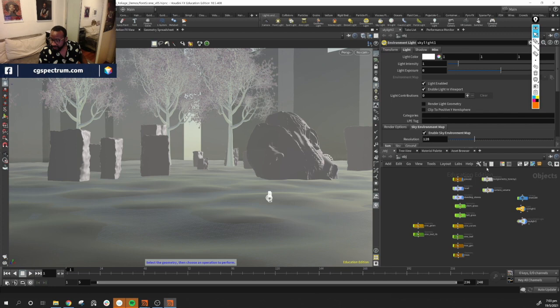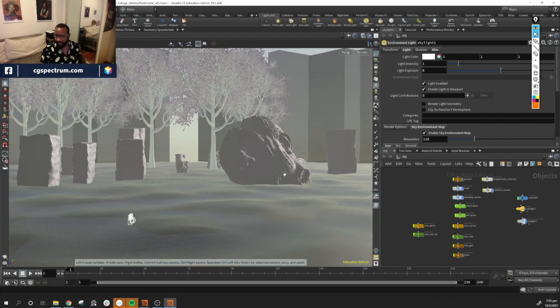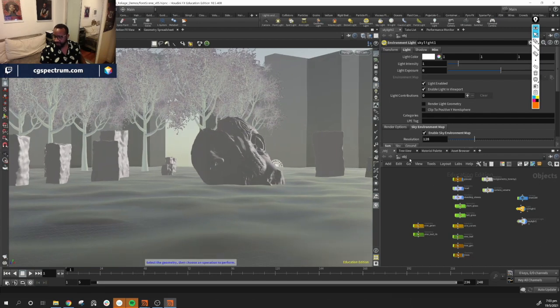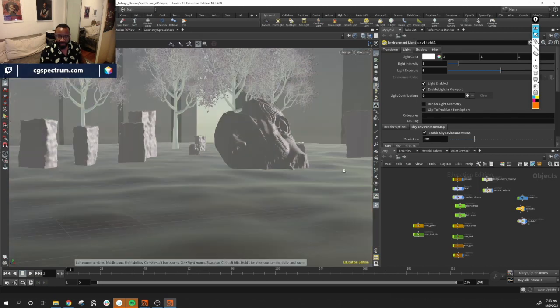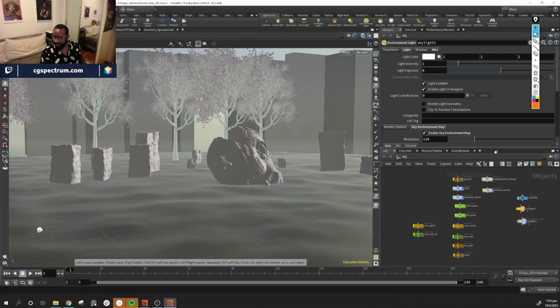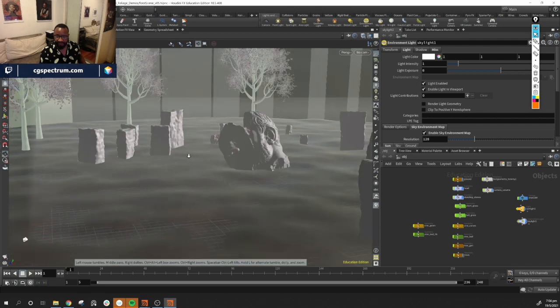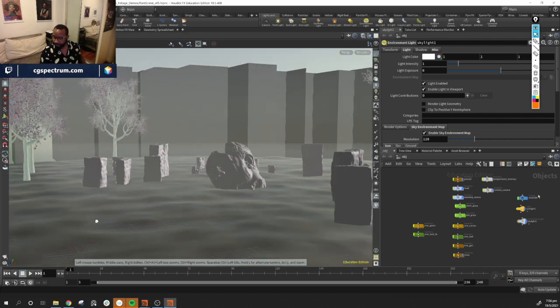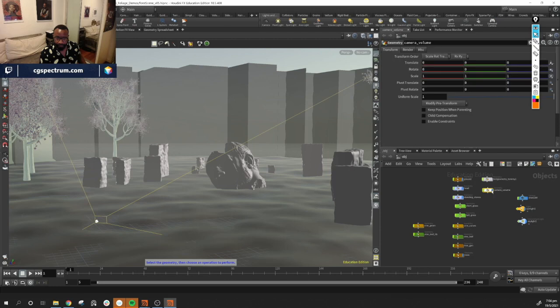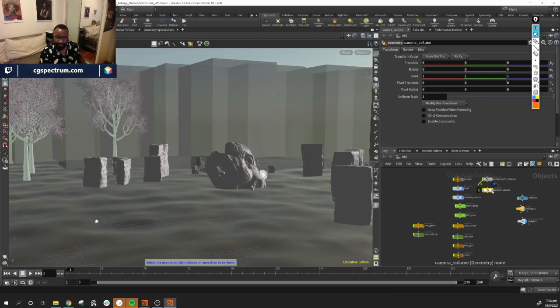So, let's see. Where were we? Last week we left off building some materials, some vines, all that stuff. I did a little bit of fiddling between the streams. I was playing around with some volume stuff. We may or may not get into that. I think we're going to get into some ground-based